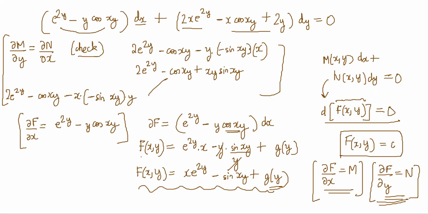So now g of y I don't know, but I have another piece of information, which is this: dou f by dou y is n, right? So we do the same thing? No, we don't do the same thing. We just differentiate to get dou f by dou y, because we already know that it is n, no? We don't do the same thing.